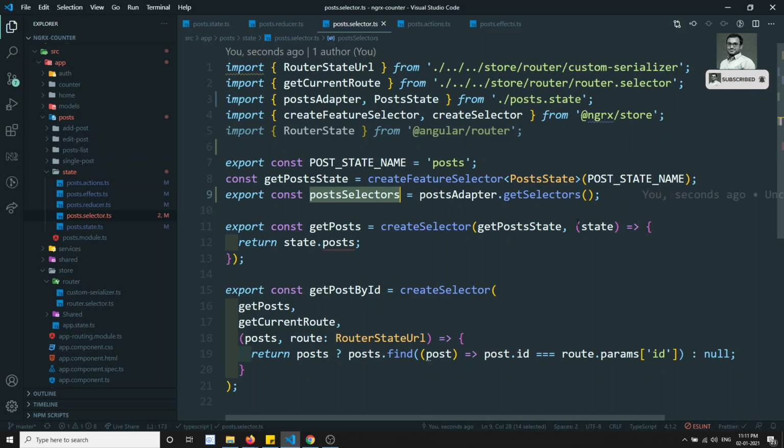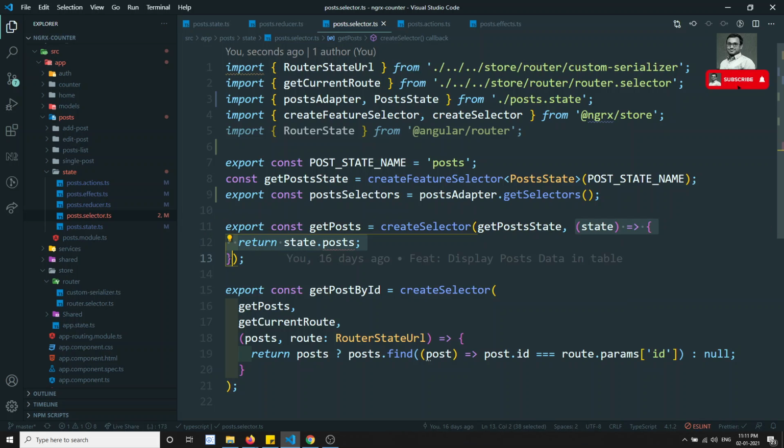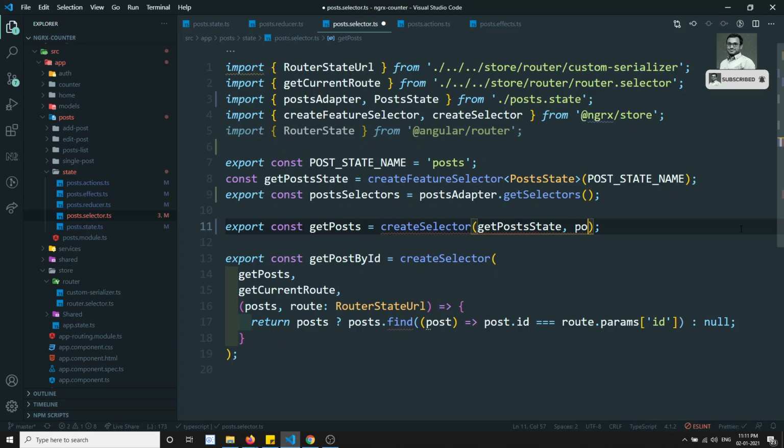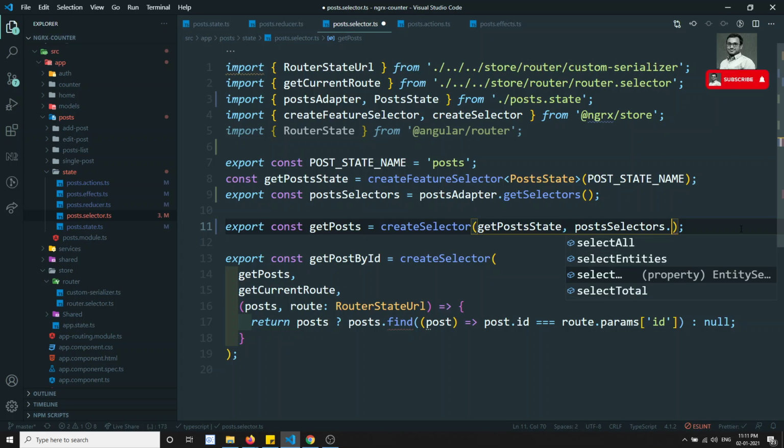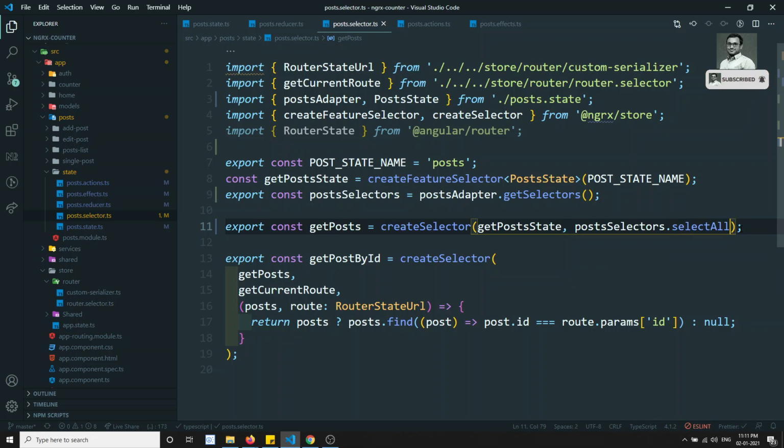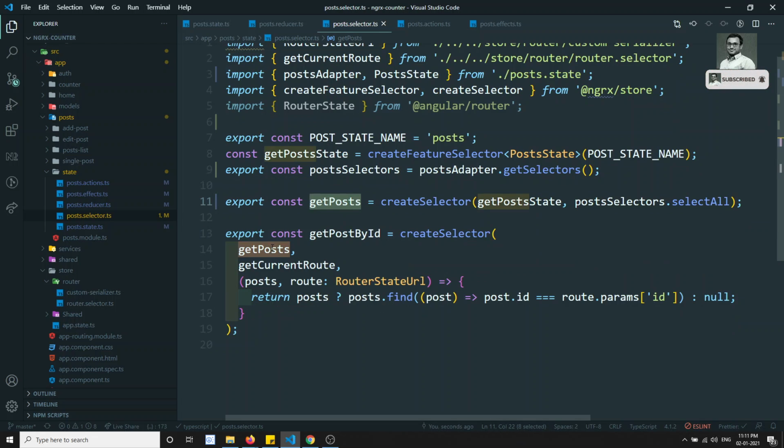So now how can we get this? Here I can remove this one, and directly I can use postSelectors dot, and you'll have the list of methods. See, selectAll, I can use directly like this, that's it. getPost means we will be getting all the post data. In the same scenario, we are getting getPost, getCurrentRoute, and here we are getting the route, right? So now we need to get the post data. If we want to get the post data, we cannot get it like this. Why? Because it is an array of data, right? So we can get it like this, or otherwise